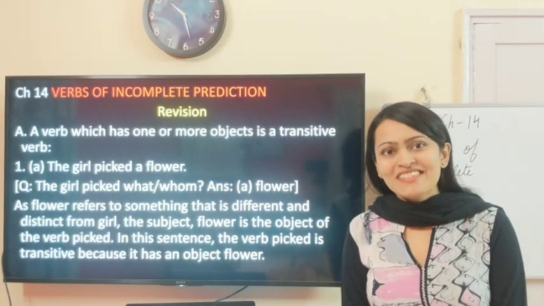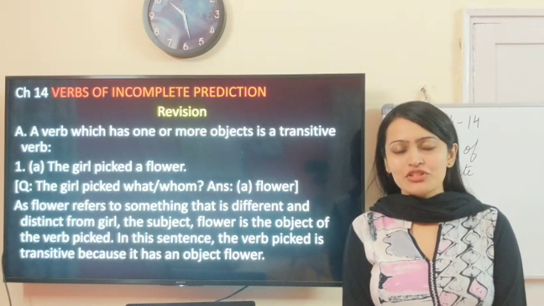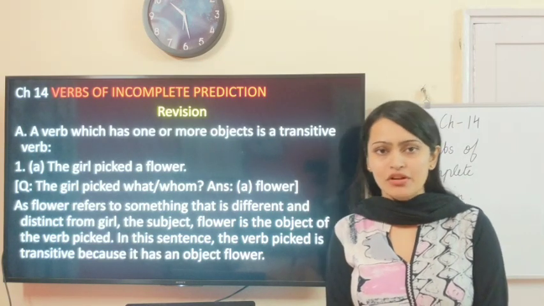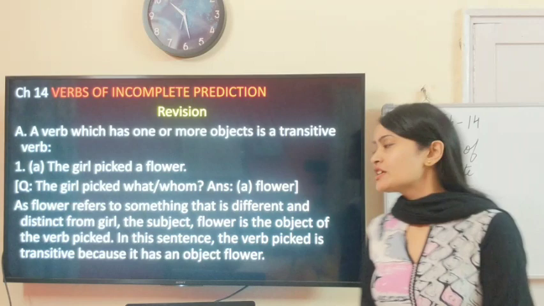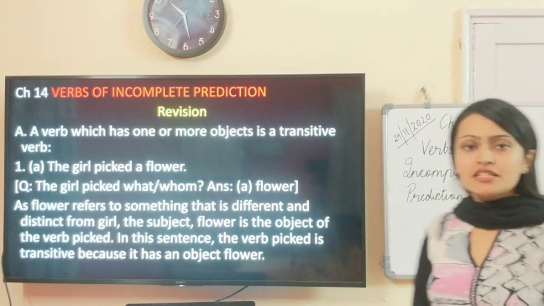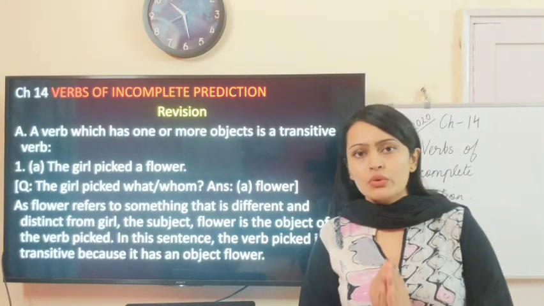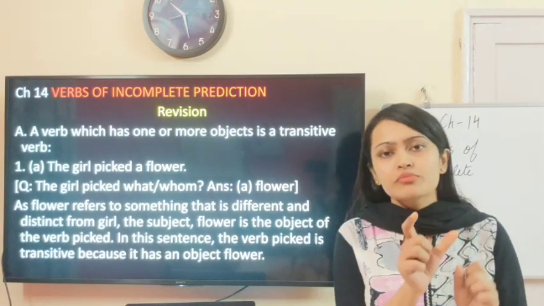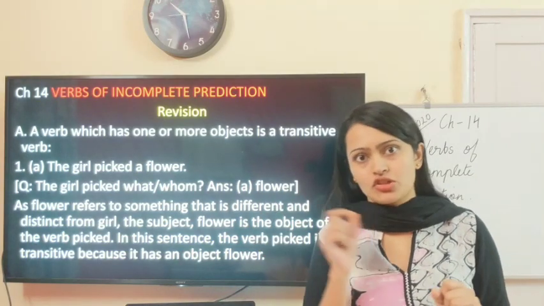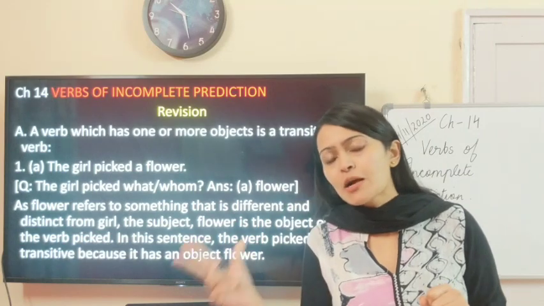Very good morning, students. Today we will be studying another new chapter of English grammar. The name of the topic is Verbs of Incomplete Prediction. It is chapter number 14. Okay, so children, in order to know this new topic, verbs of incomplete prediction, verbs which have incomplete